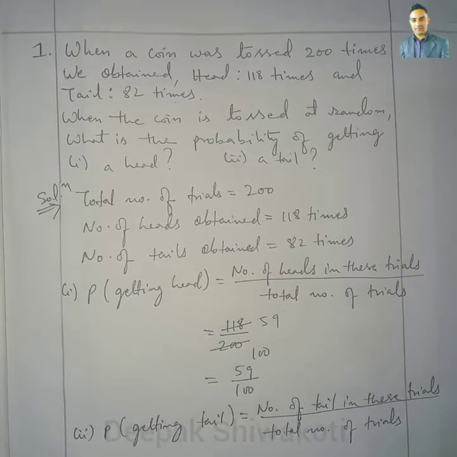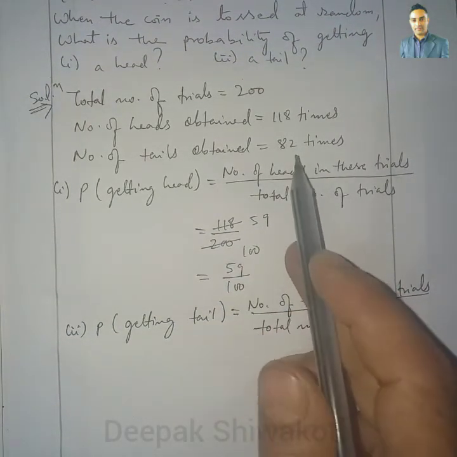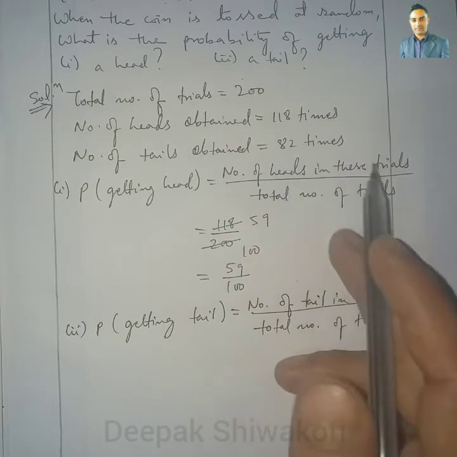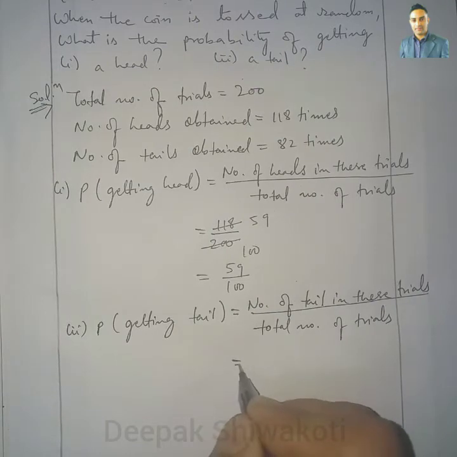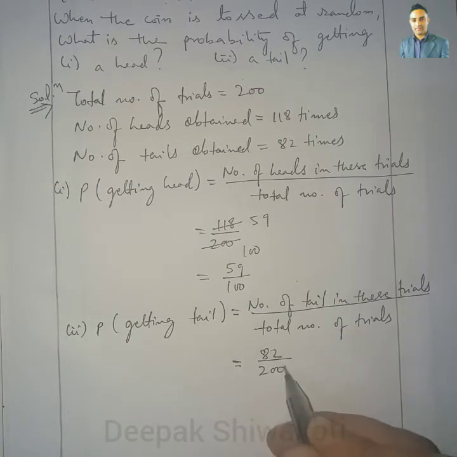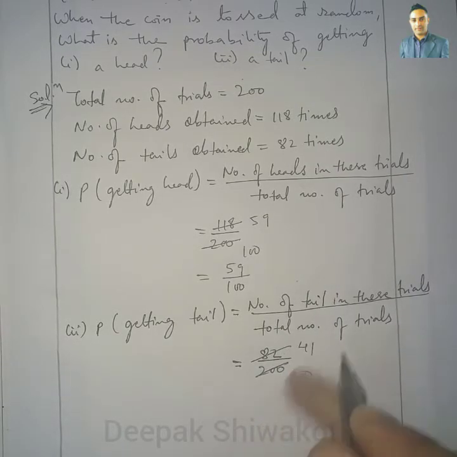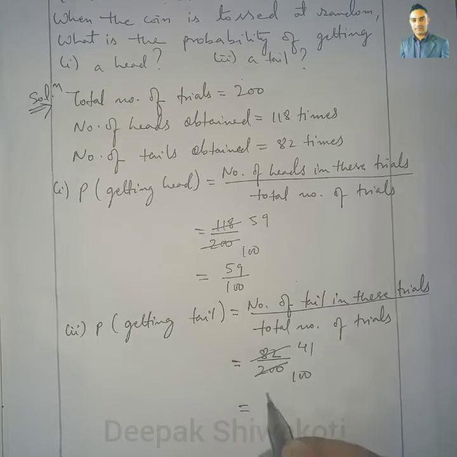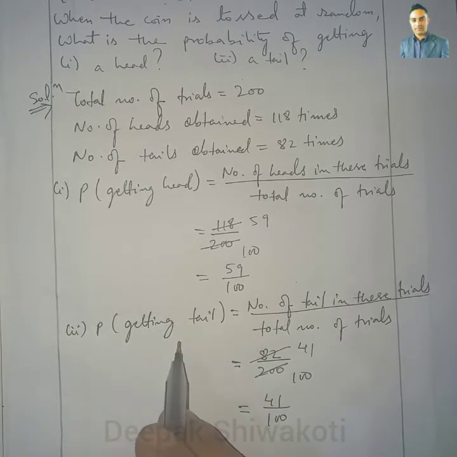So number of tails in these trials is 82 times and total number of trials is 200 times. So here 82 by 200, this can be cancelled by 2. So here 41 by 100 is the probability of getting tail. Okay,